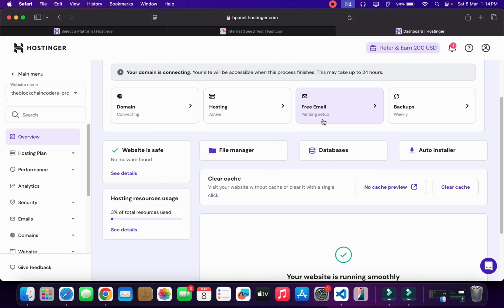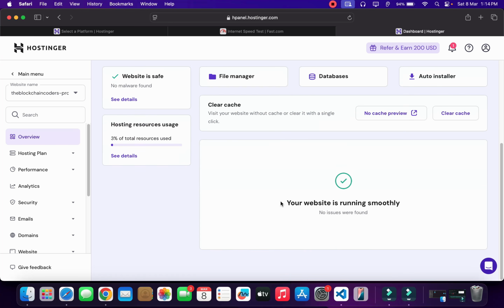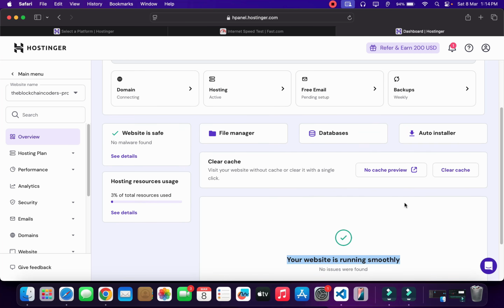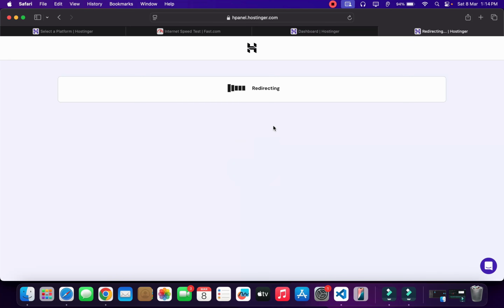This is the hosting, this is the email. So if you want to set the email, you can do that. Now we have to upload our code. So our website is running smoothly. Now to upload the code, all we have to do is simply click on this file manager, and it will open this particular